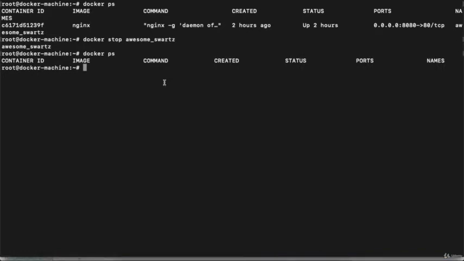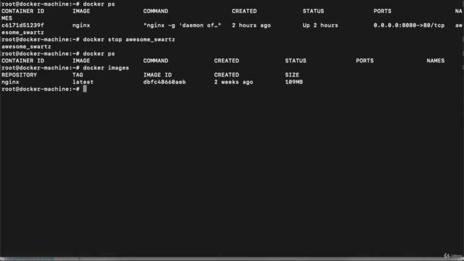Now we need to create our own image. But before this, we need to verify how many images are present on the machine. So we'll execute docker images. And right now only one image is present on the machine, the repository name is nginx, the tag is latest, right? So now we will create our own image by the command docker image build -t.